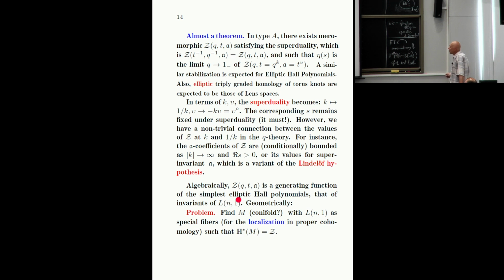When we have something which is expected, actually it is the triply graded invariant of lens spaces here. So here we are. We begin with 1 over n to s. Eventually it appeared, after this long, very analytic theory, to be L(n,1), so entirely algebraic something. But in what sense? So anyway,